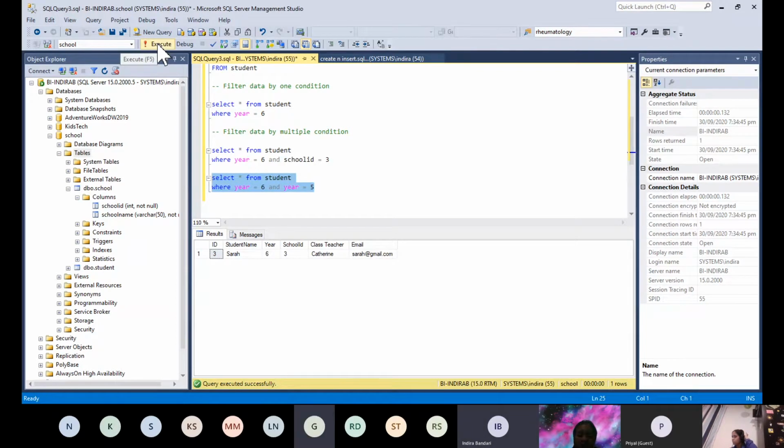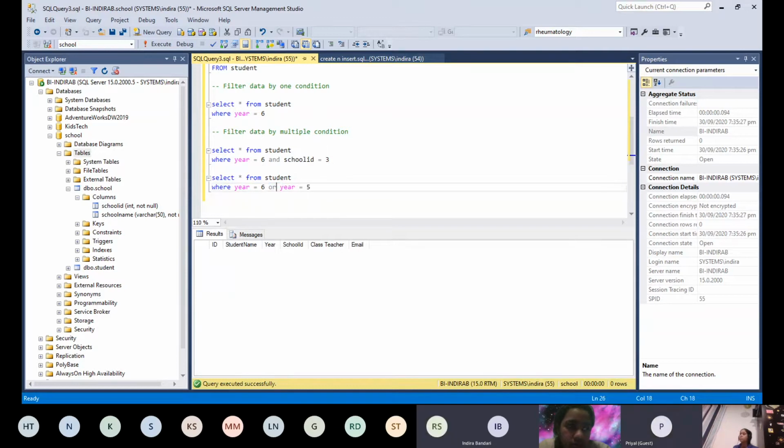Zero, because it has to satisfy both the conditions. One year can have only one value at a time, right? So here instead of and, what are we going to use? Or. If we use or, how many are we going to get now?